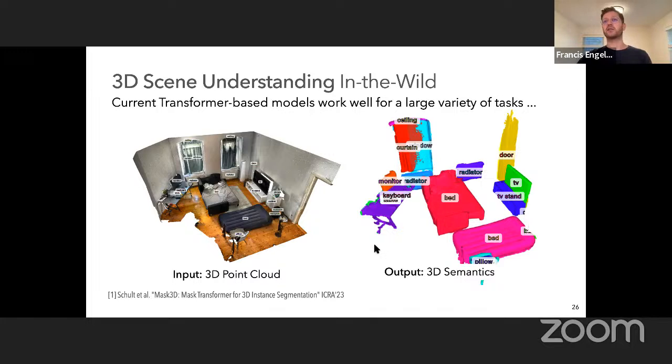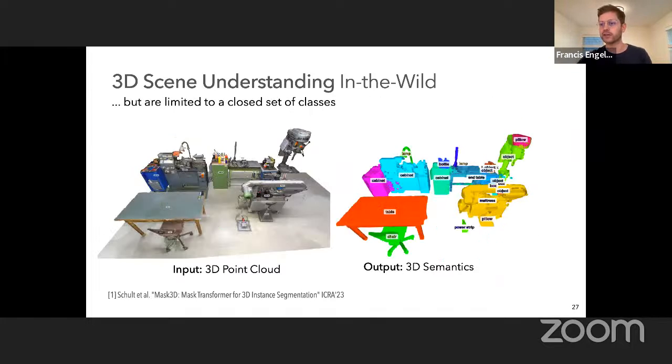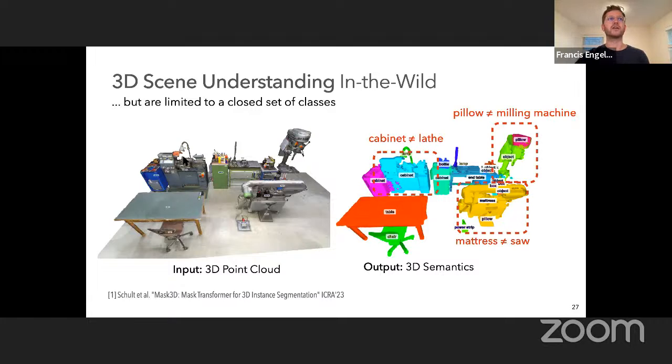However, if we take it to something a little bit more exotic, so if you go a step away from the training distribution, here we see a workshop. It's actually a scene from the new ScanNet++ dataset. Known objects like a table and a chair are well recognized. However, when we go to more exotic objects, like a milling machine, for example, or a saw, these are objects that